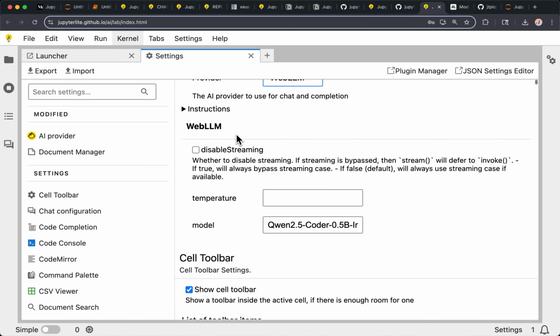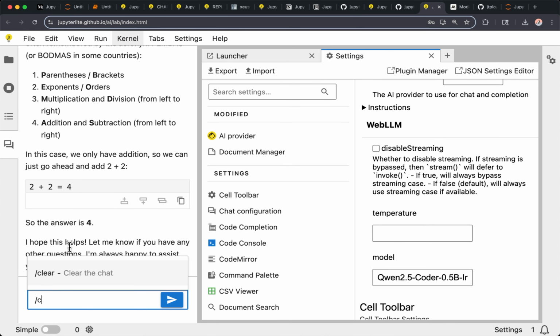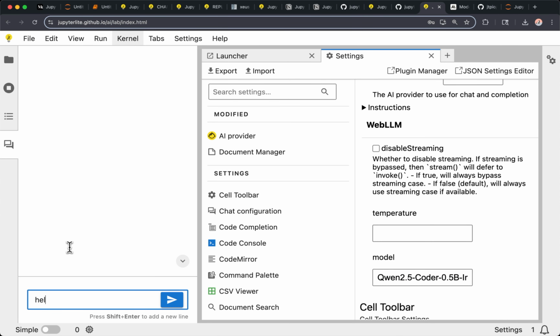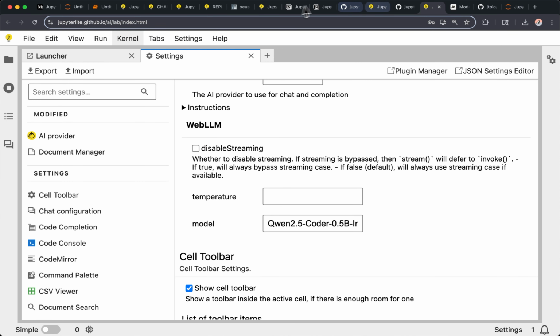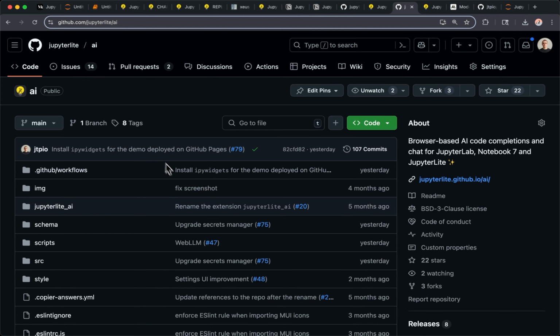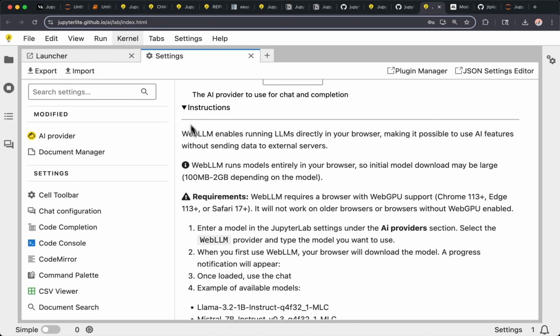So we also added support for this. So here, if you specify your model here, and then, demo effect. Okay. Let me see if we can try another one.